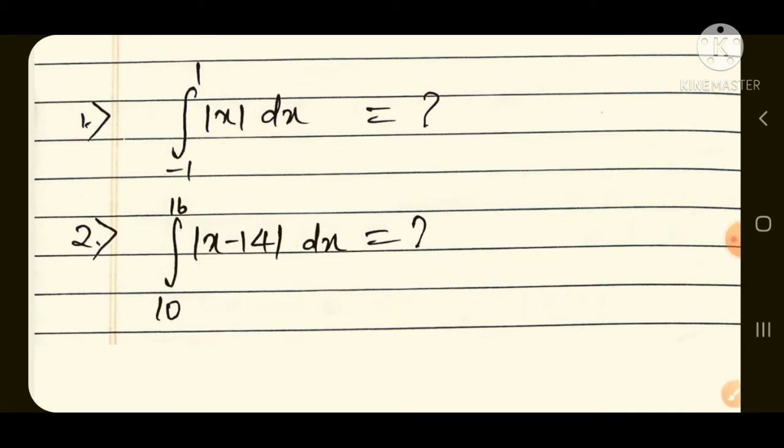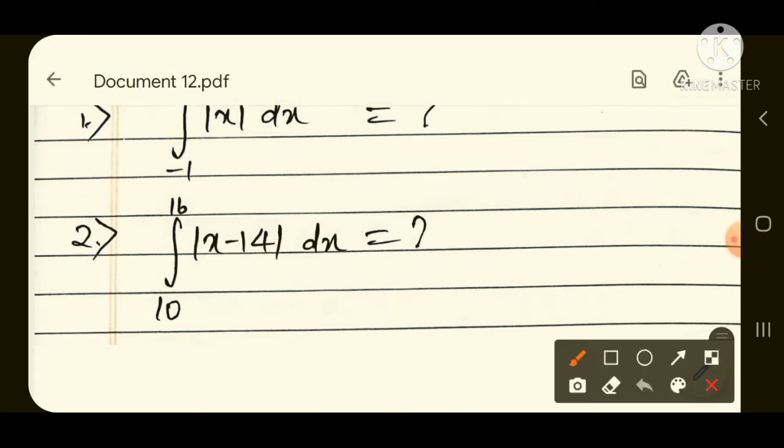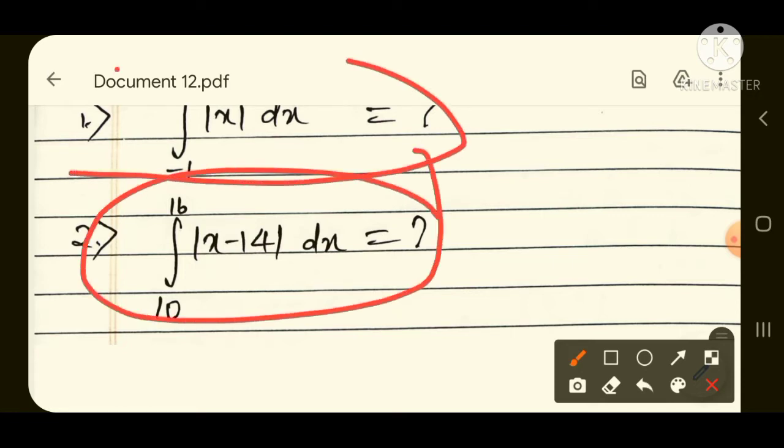Friends, if I ask you to find the answers of these two questions appearing on the screen in just 2 to 3 seconds, will you be able to solve them? You would have studied various methods in your schools, through NCERT. That would take at least 2 to 3 minutes, but the trick I am going to share with you today would take just 2 to 3 seconds.